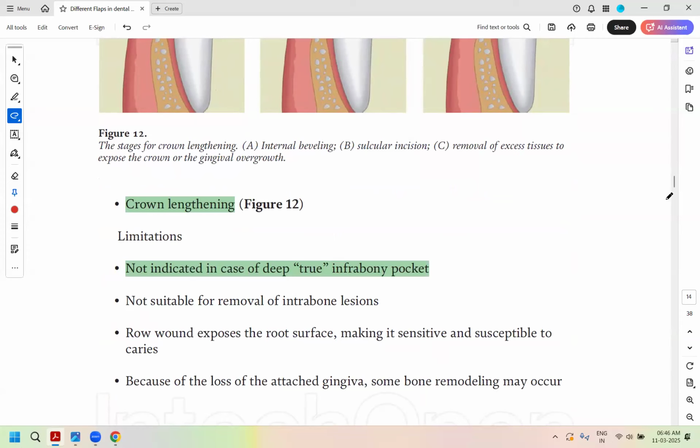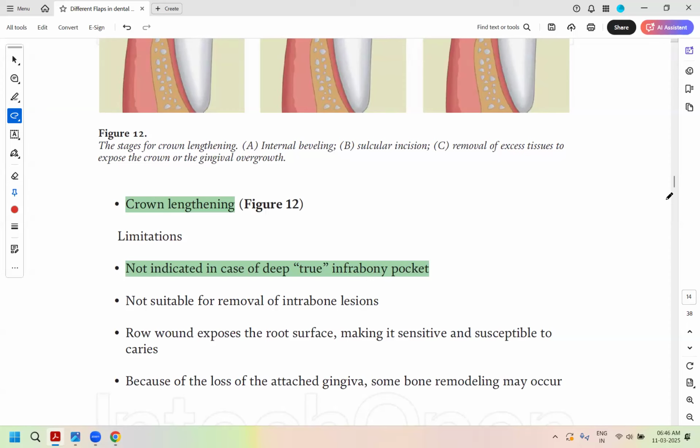Arpit, yes, anterior teeth, you would prefer modified Widman because it doesn't expose the roots. Eventually, it is positioned back. So for your root planing and debridement, surgical debridement, modified Widman anteriorly, it doesn't give you coverage. It doesn't compensate because it's not positioned at a higher level, right? Arpit, modified Widman is positioned on the same level where it was. So it is not a coverage procedure for recession. Modified Widman is done when you have true pockets and no recessions for your debridement.